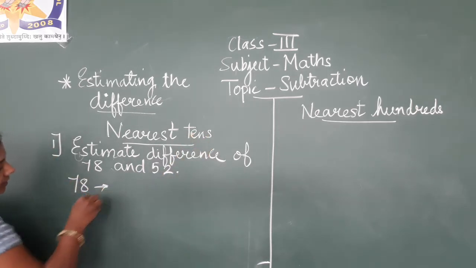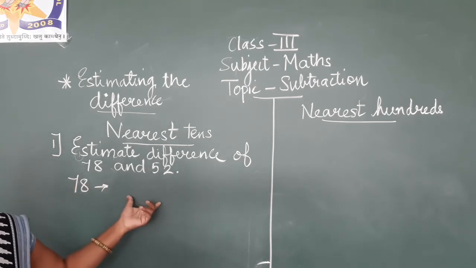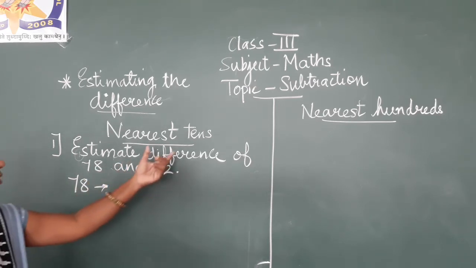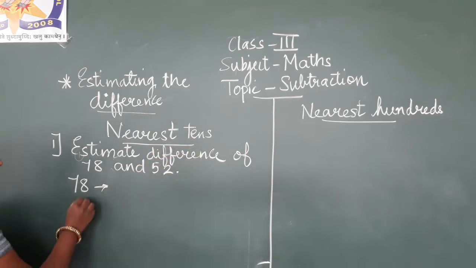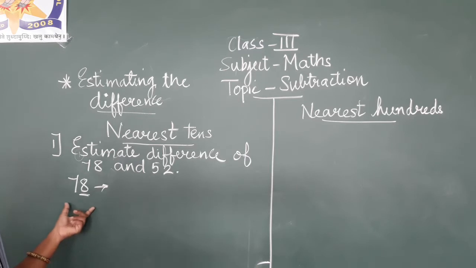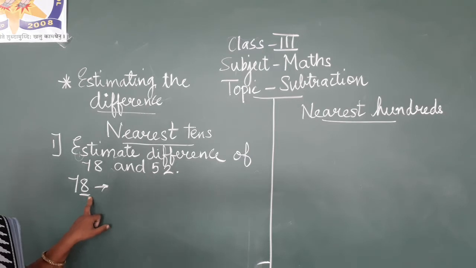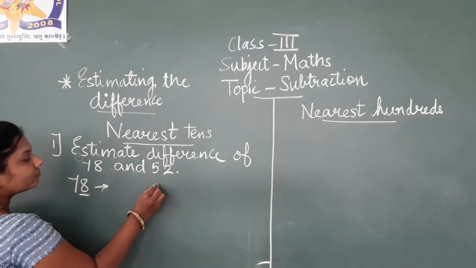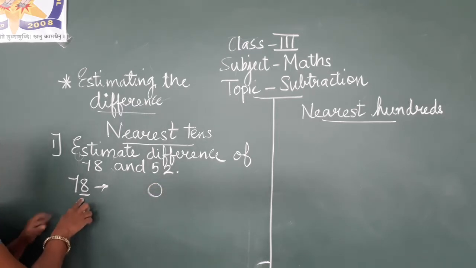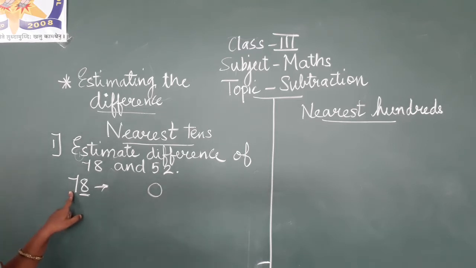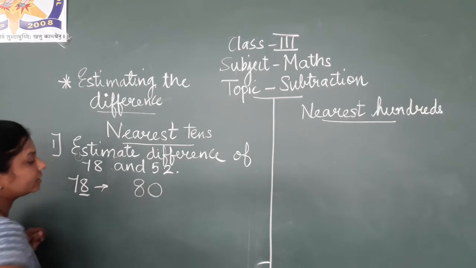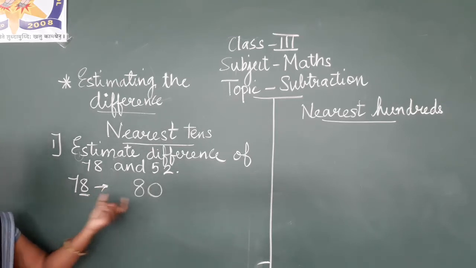How to round off 78? I told you in the previous video that when we are rounding off to nearest 10, we are going to check the digit at ones place. Which is that digit at ones place? It is 8. Check whether 8 is in the first group or second group. Yes, it is in second group. If it is in second group, then we have to put a 0 at its place and add 1 to the previous digit, that is at the tens place. So if we add 1 to 7, it becomes 8. So this is the rounded off value of 78.